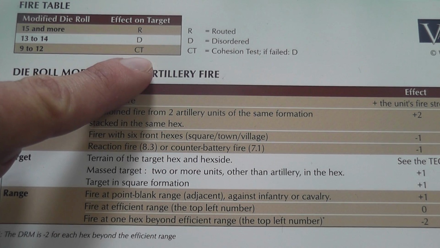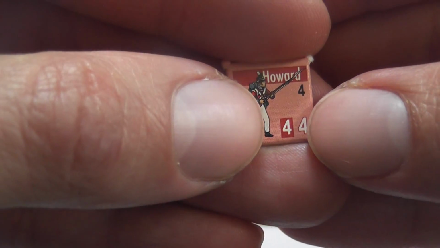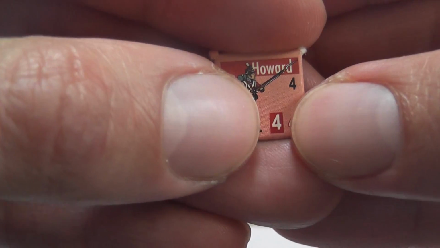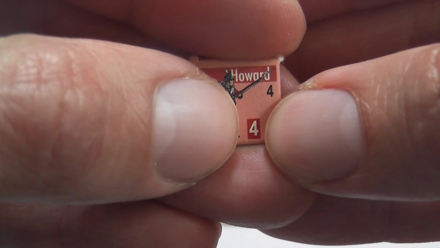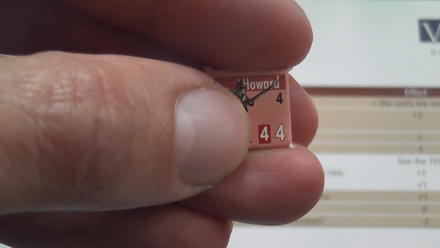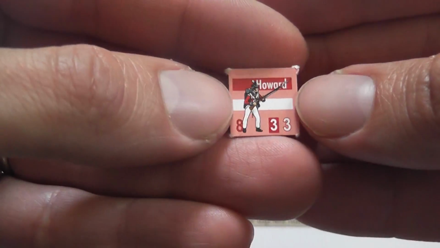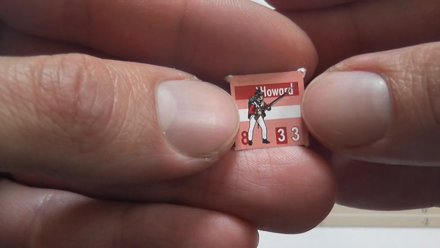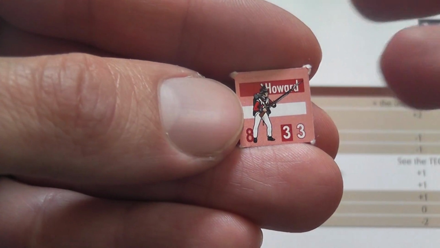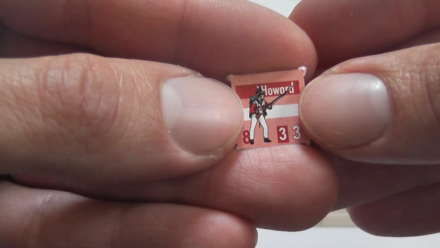It may force the unit of the opponent to take a cohesion test. A cohesion test is performed by rolling 1d10 and comparing the result to the cohesion value of the unit, which is that number there at the bottom. If the number rolled is equal to or less than that number, then the cohesion test is passed, otherwise it is failed. In case a unit fails a cohesion test, it is flipped to its disordered side. It will remain in this state until it rallies, and a unit that is in disorder has several penalties, the most severe of which probably is the fact that it cannot engage in shock combat if infantry, or it cannot